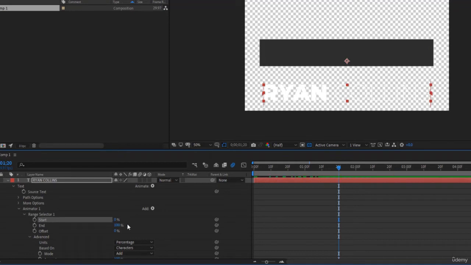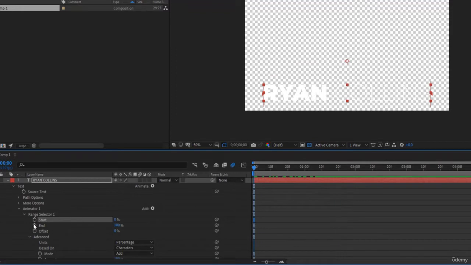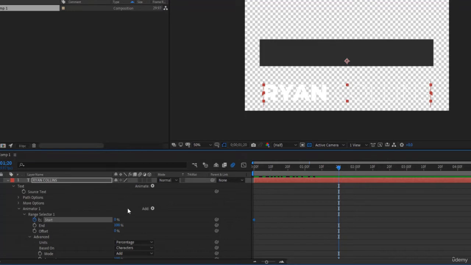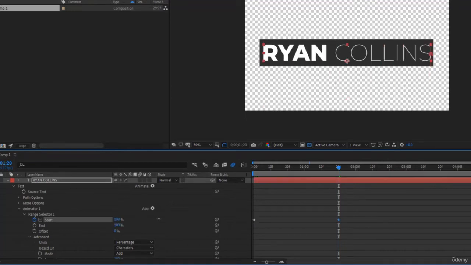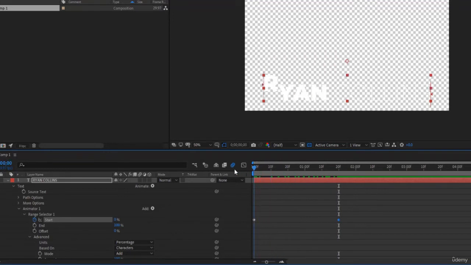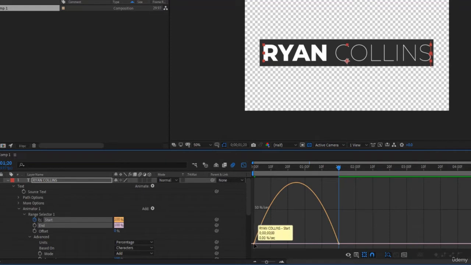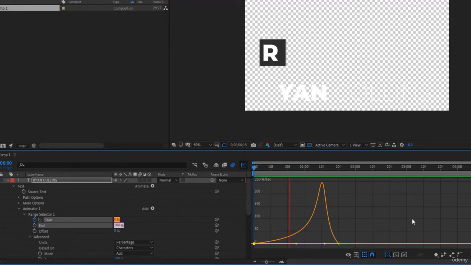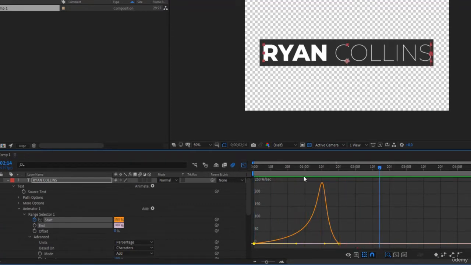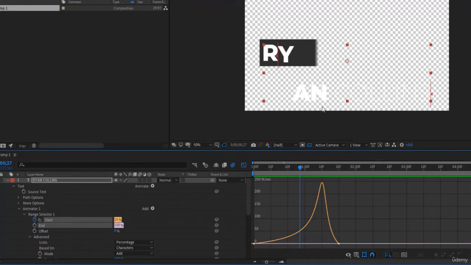Now that I've dragged the position down, I can use the range selector and I can make a keyframe at the start of this animation for start, and then I can go to 1 second and 20 frames, and I can bring the range selector up so that we kind of get this animation. But obviously it's not set with the same speed graph, so it's fallen a bit behind. So we'll just set the easy ease on the animation to be the same, and there you go. It looks okay, but the problem is we're still seeing it down here,